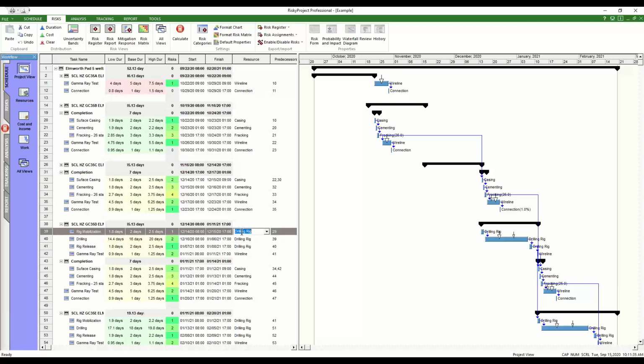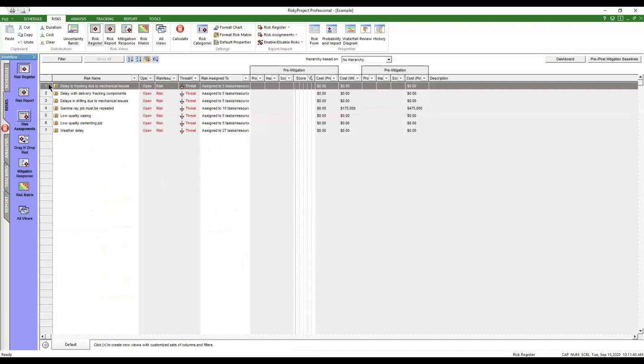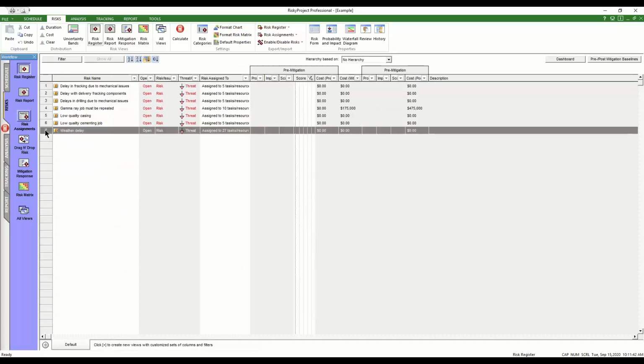So we've added that. The other side of that is we've added risks. And this system has risks in here. We have these 5, 6, 7 risks. I just wanted to mention, this is an older file. And typically now we would say you can model that using a weather calendar that we added in version 7.0, 3 or 4 years back. But all of these risks have been added in, and they are actually quite realistic to the type of project this is. And you can see how they've been assigned,